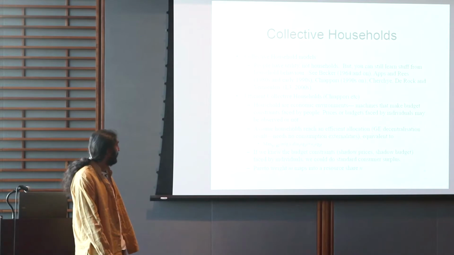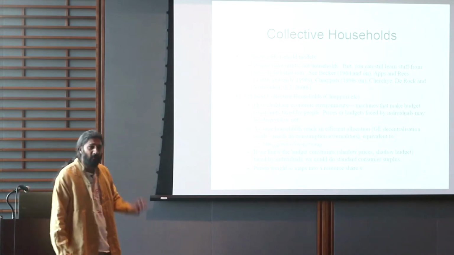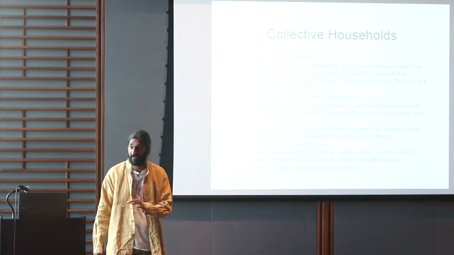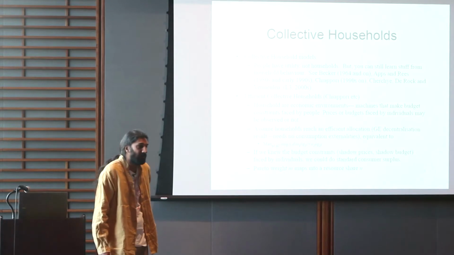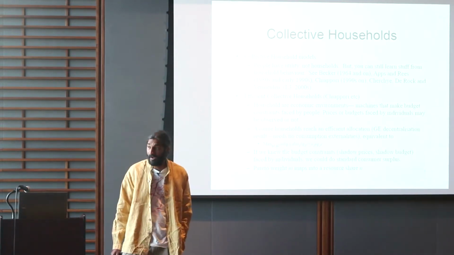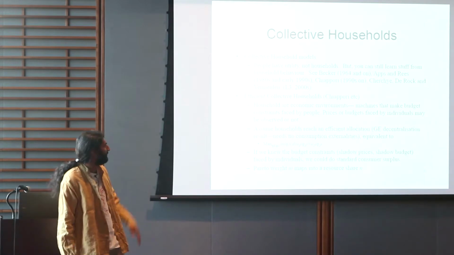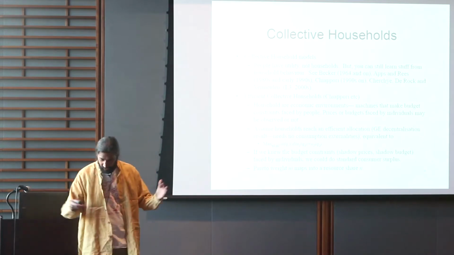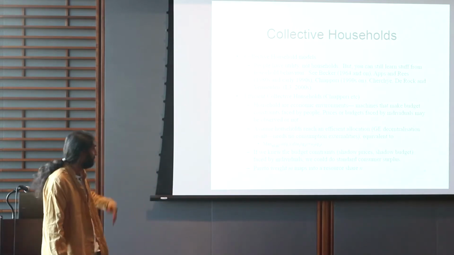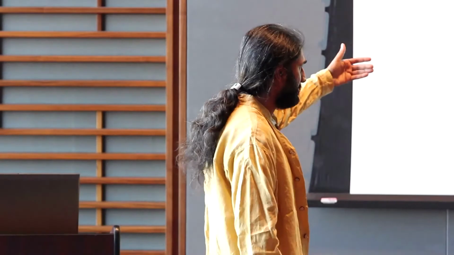So the context in which we're going to be working is a collective household context. Heard some about that yesterday. Collective household models are models in which individuals, not households, have utilities, and individuals live in households. And essentially the way you think about the household is that it's an economic environment. I think of them as machines that make budget constraints that are faced by people. And the prices or the budgets that individual people within the households have may or may not be observed. We're going to be in an efficient household environment, so we're going to assume that households reach the Pareto frontier.